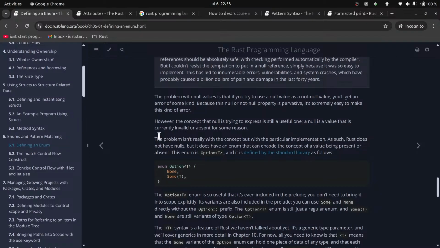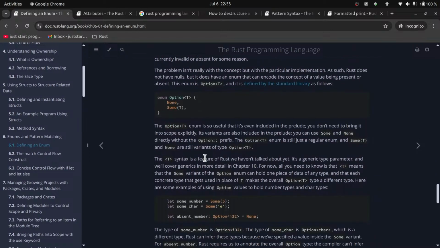A null is a value that is currently invalid or absent for some reason. The problem isn't really with the concept, but with the particular implementation. As such, Rust does not have nulls, but it does have an enum that can encode the concept of a value being present or absent. The enum is Option, okay, so Option<T>,